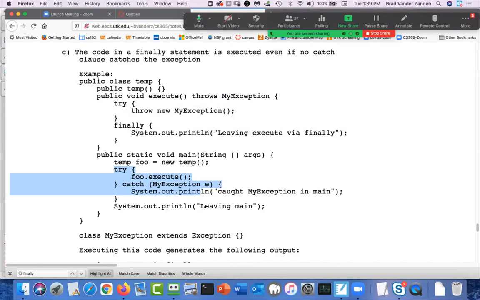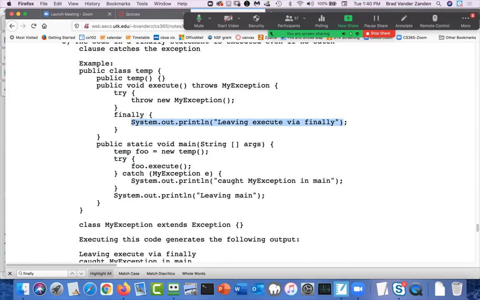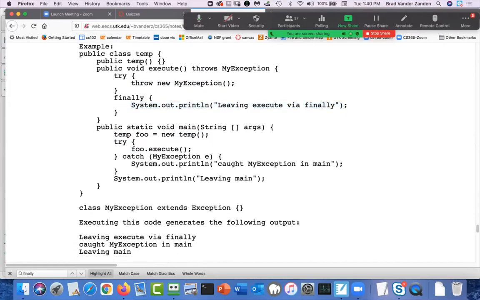And so what happens is when I execute this code, I start by creating an instance of new temp, which calls the constructor, and you can see the constructor does nothing. Then inside the try statement, I call execute. Execute immediately throws new my exception. It's not caught, but the finally clause is executed nonetheless. So the first output from my program is leaving execute via